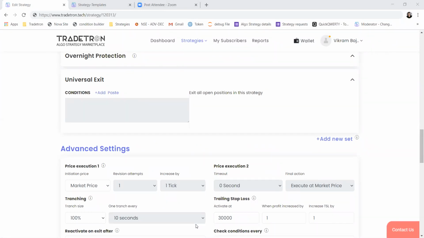Okay. So now we'll go through some questions or queries related to other strategies or some general condition related queries. One is how to write, in a 15-minute chart, volume is greater than 15 times the 20 SMA of volume.